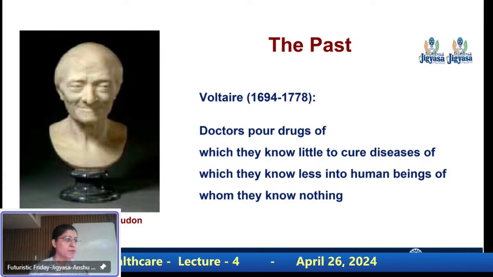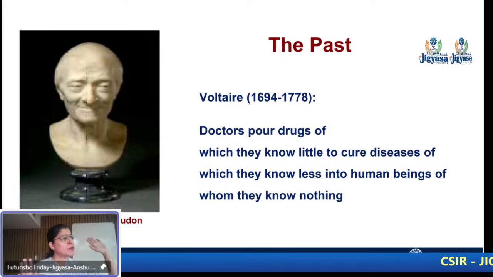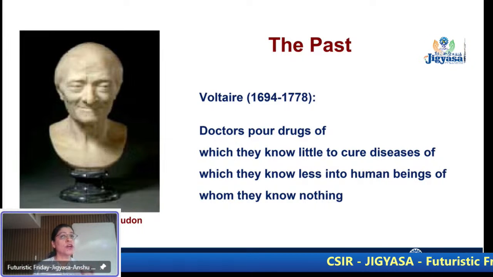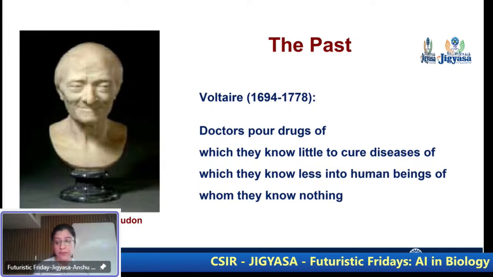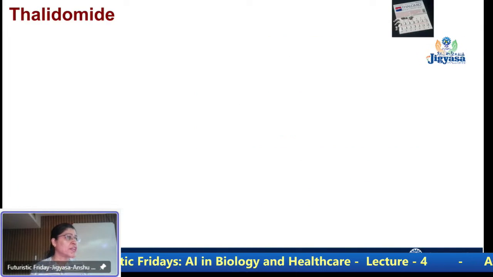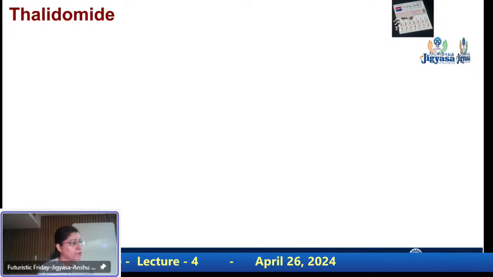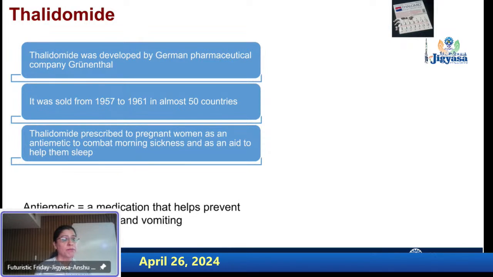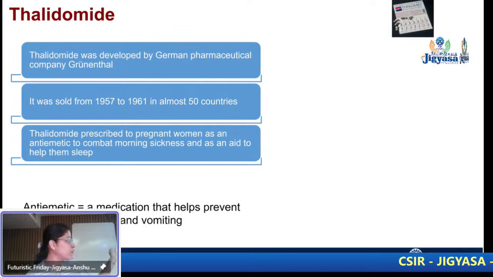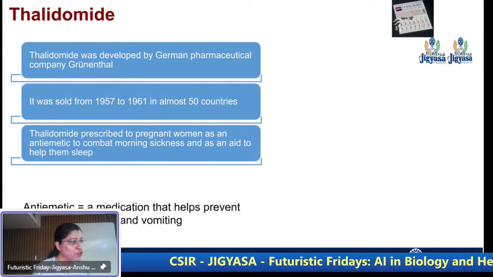But slowly we realized that it was a lot of hit and trial, and even targeted treatment was not happening. Over many years we started to learn what really works and what has not worked. And then, say 60 to 70 years ago, scientists discovered a new drug called thalidomide, right? It was made by a German pharmaceutical company and was sold across 50 countries, from 1957 to 1961. And what was the effect of that drug?